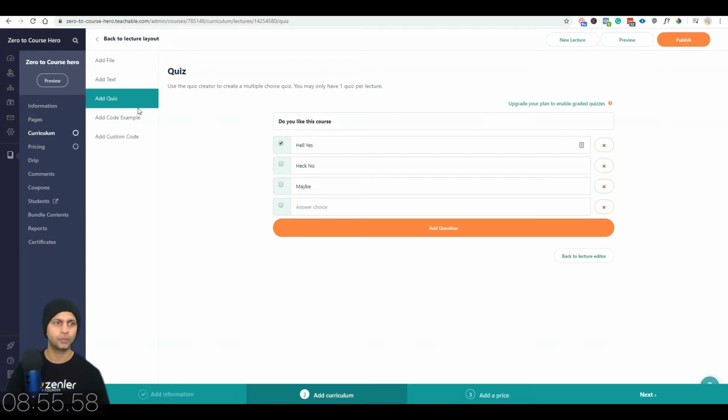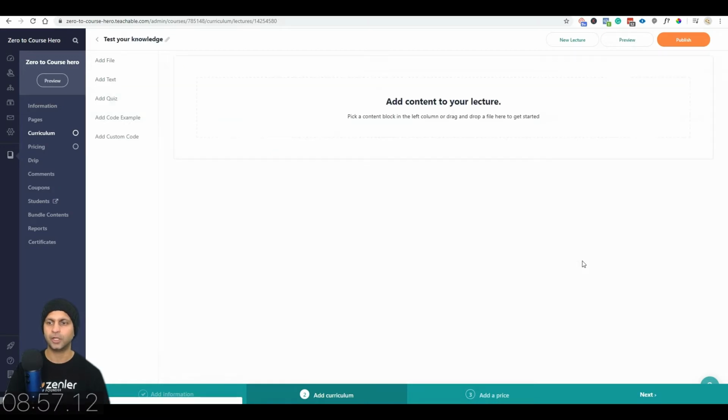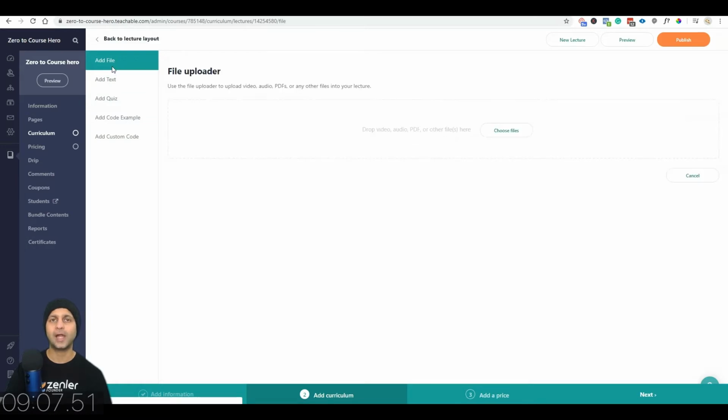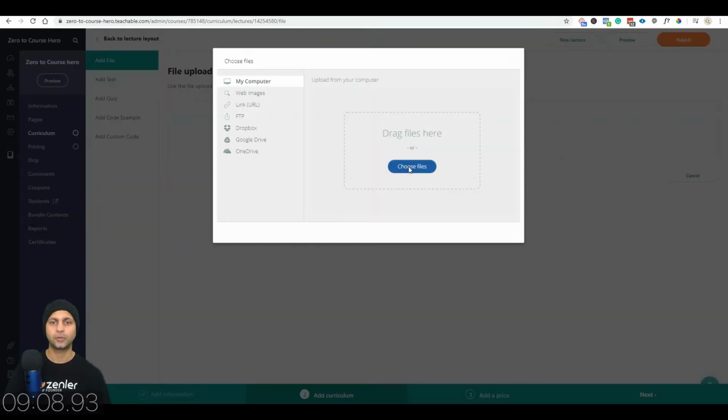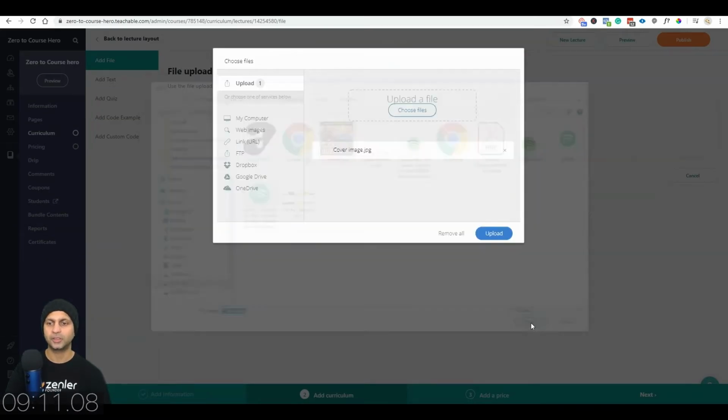I'm simply going to leave it at this one and go back to the lecture editor. You can also add more than one thing to a lesson. For example, in this test your knowledge, I've added a quiz, but I can also add a file. So I can say, apart from the quiz, I also want to add maybe this image, and I can upload